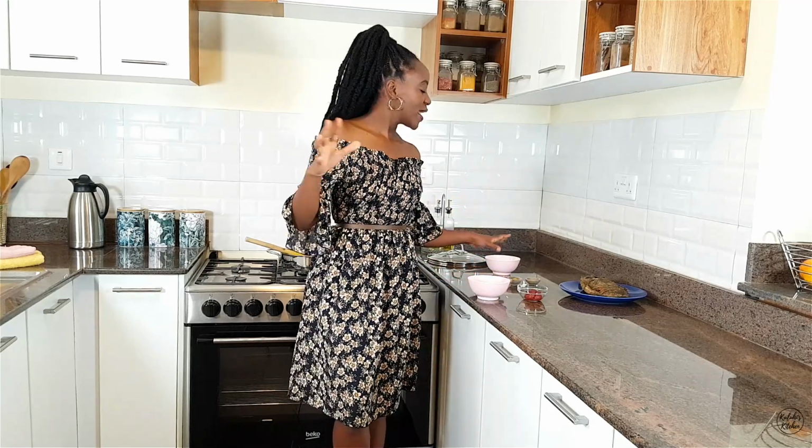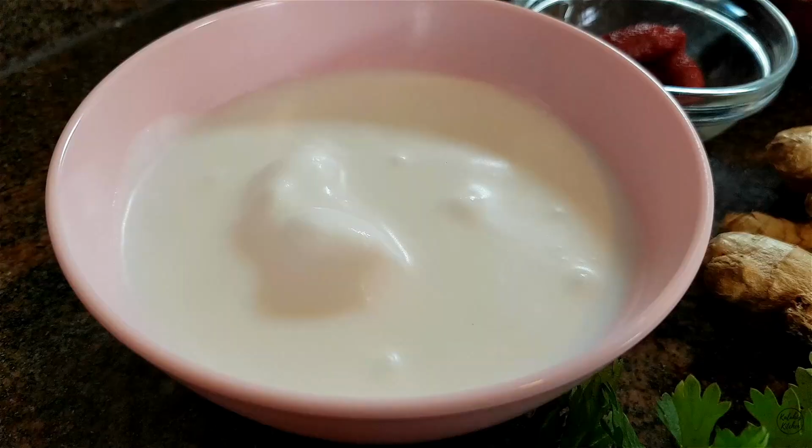And then to elevate the flavor of our fish, it's something so simple, but it adds a ton of flavor. We're going to add in some coconut cream. You can use coconut milk in place of the cream, but coconut cream adds a nice thickness,